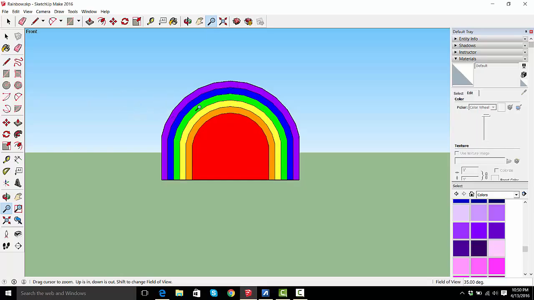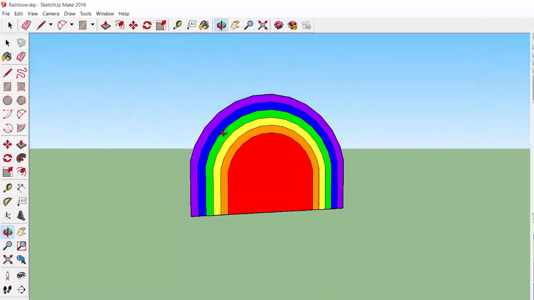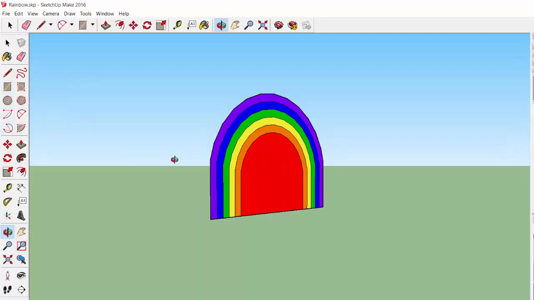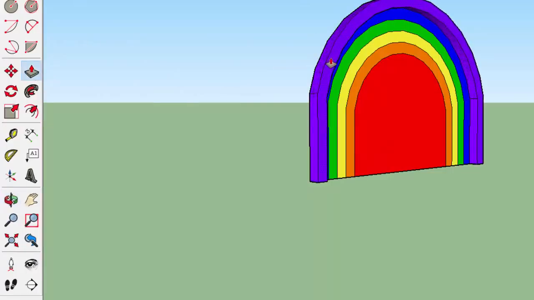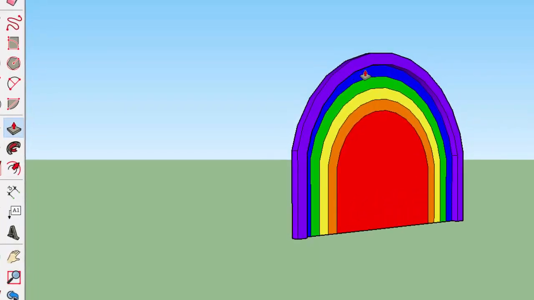But now we're going to make our rainbow 3D, and so I'm going to move it around a little bit so I can kind of see it go to 3D. We're going to work with the purple stripe of the rainbow first, and we're going to get the push-pull tool, and I'm going to pull it out just a little bit. Okay, there, that's pretty good. Now I'm going to get the blue one, and we're going to double-click it and double-click it again, and right now it's at the same point the purple one is at, but we want it to be that much further. So double-click the blue one again,